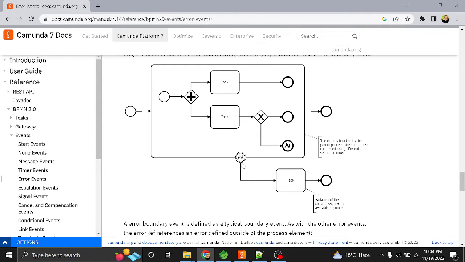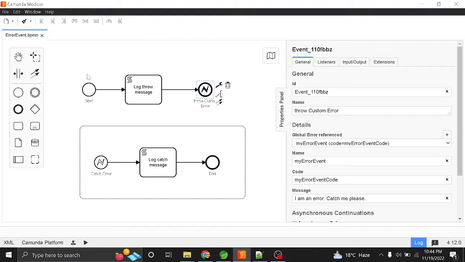If it catches this error, it will destroy the scope of this process and start an execution from this point. So when execution arrives at this point, it will destroy the instance of this process and create a new execution instance here.